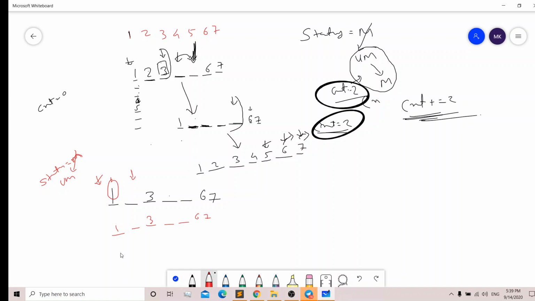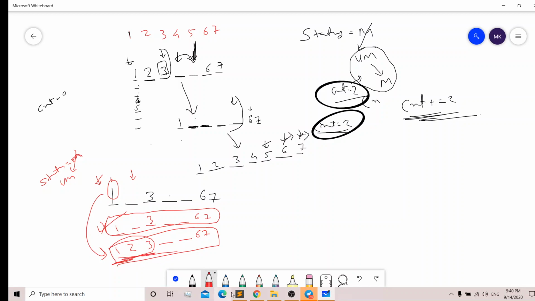Then we get our array as something like 1, 2, 3, this 3. Now this step is just wasting our operations, right? If we don't do this step, then by performing one operation we will get this array, right?